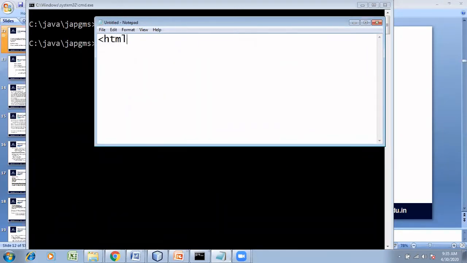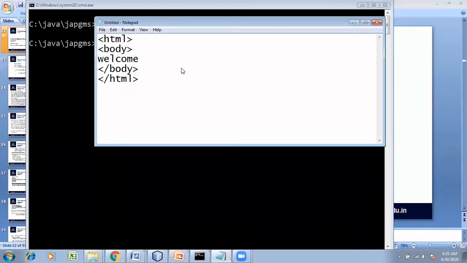You should have a body tag. Now within this, let me type welcome, and the body should be closed. These are called tags. This is the simplest HTML program I can write and show you.